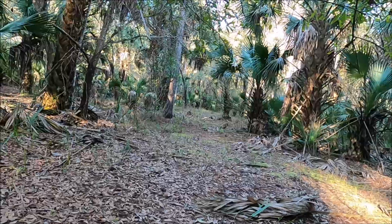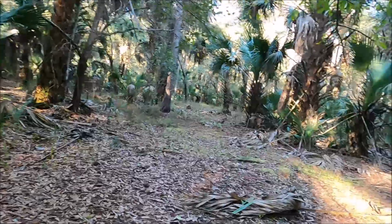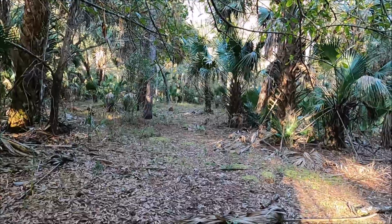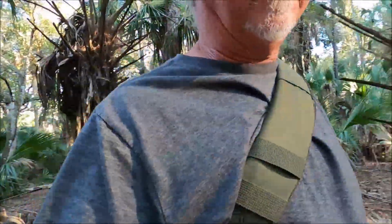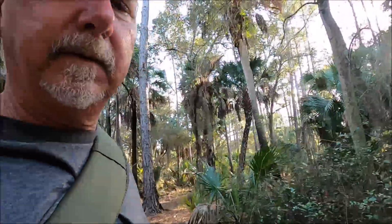So just experimenting here, but finding these spots, that's the biggest challenge. Finding a spot where the deer are moving. If you're a hunter or a wildlife photographer, I used to hunt a lot back in the day, but now I get more satisfaction from figuring out these animals